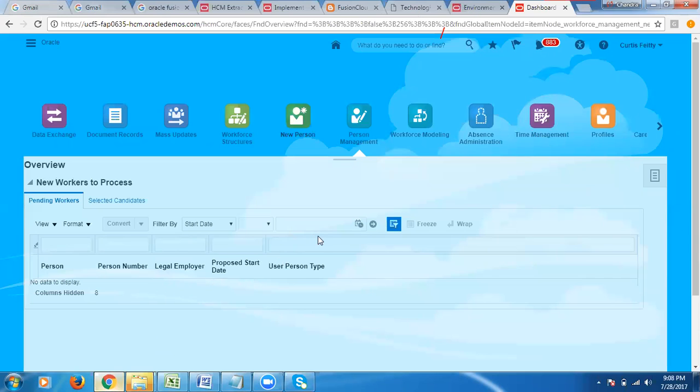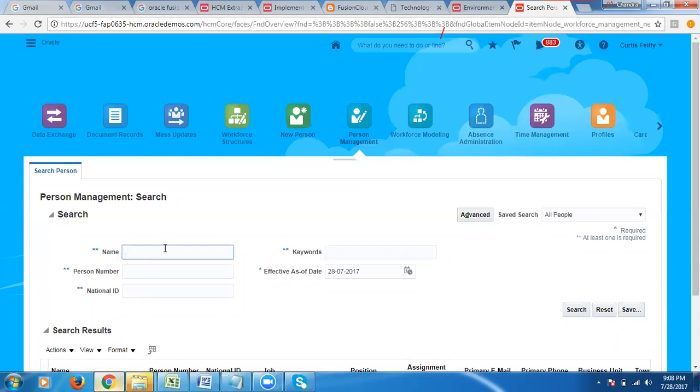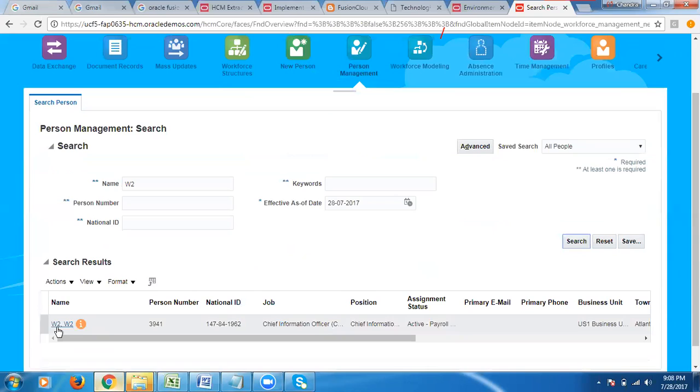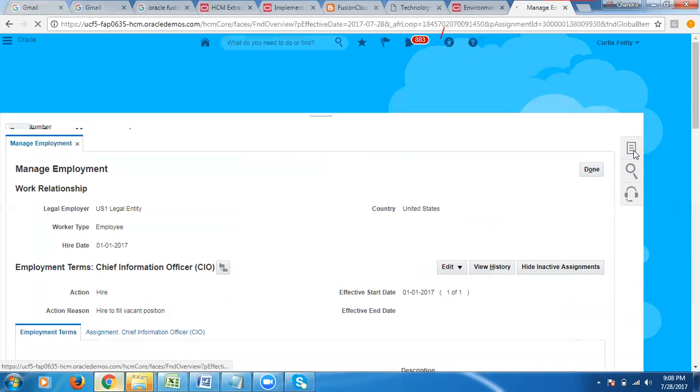I'll show that. There is a task called manage patterns: go to person management and search for a person. Once you search for the person here, you will go to the tasks on the right side.